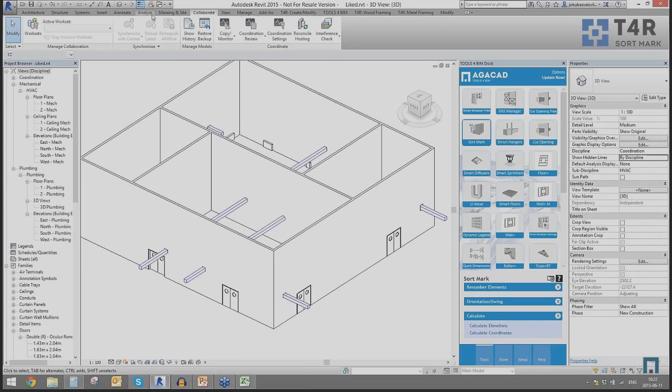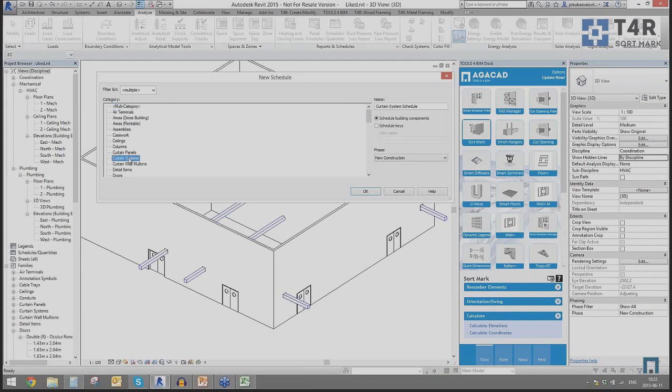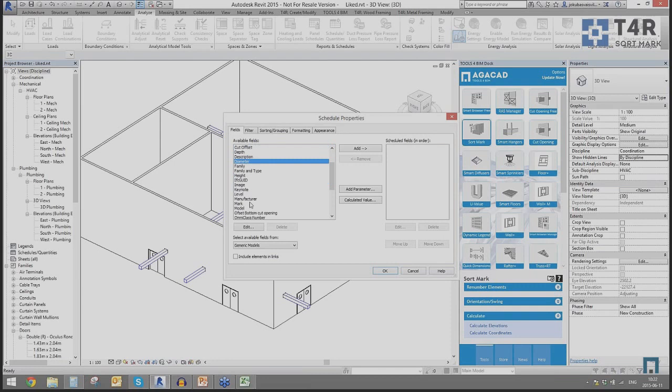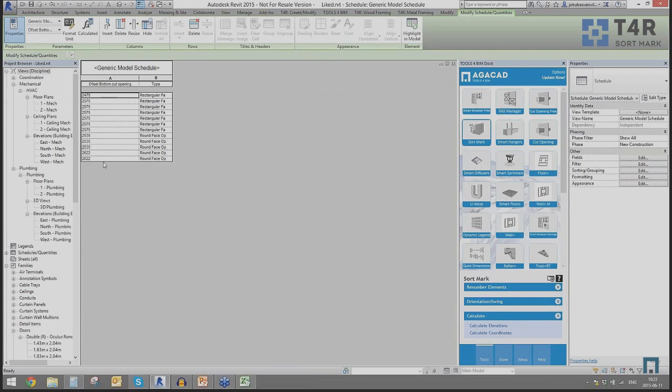Anytime you can go to, for example, the Analyze tab and schedule generic models, and they will have that parameter offset, the type, size maybe, or something like this. So I'm creating the generic model schedule, the offset bottom cut openings, and I am able to find all the